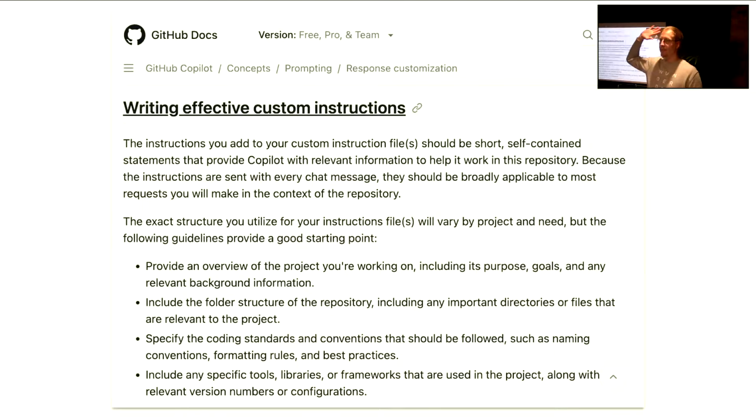Can I get hands up again? Those who have written any kind of custom instructions or rules in Cursor or Claude MD files, I know there were many of you who have written those. Of those who have done those things, are you committing those files to Git? Can you keep your hand up? Yep. And do you work in a team context? Yep. So what's the decision process inside your team when you commit something to Git when it comes to rules?